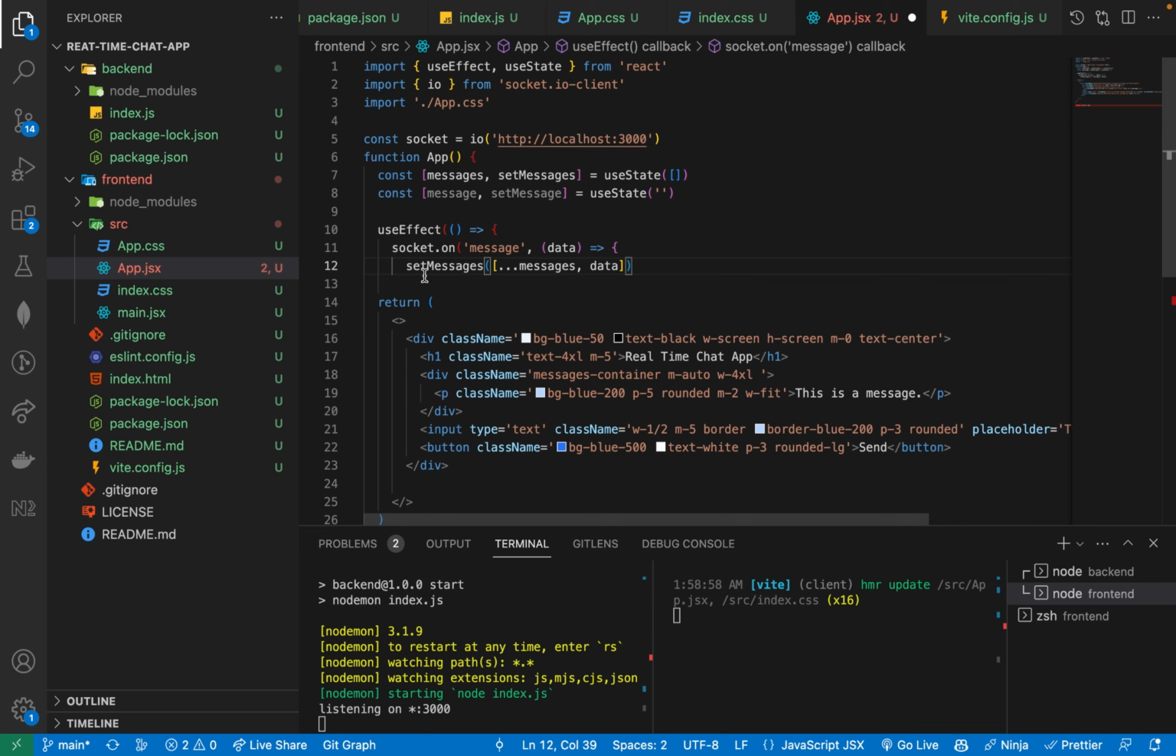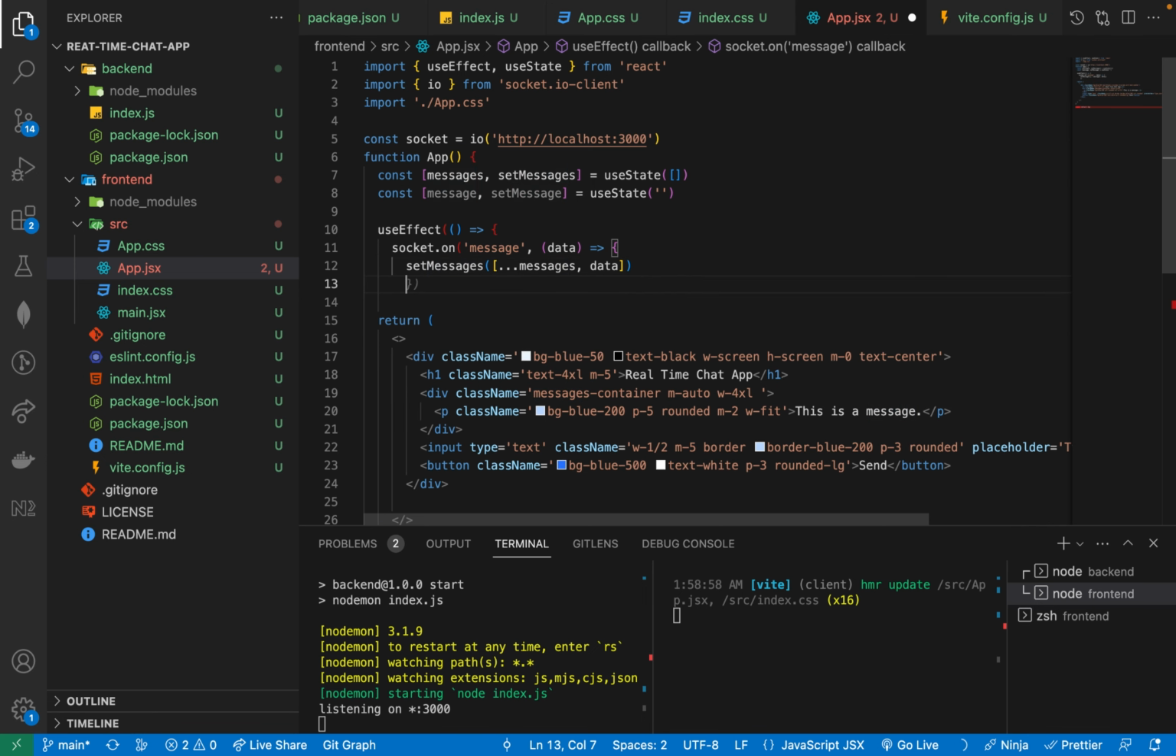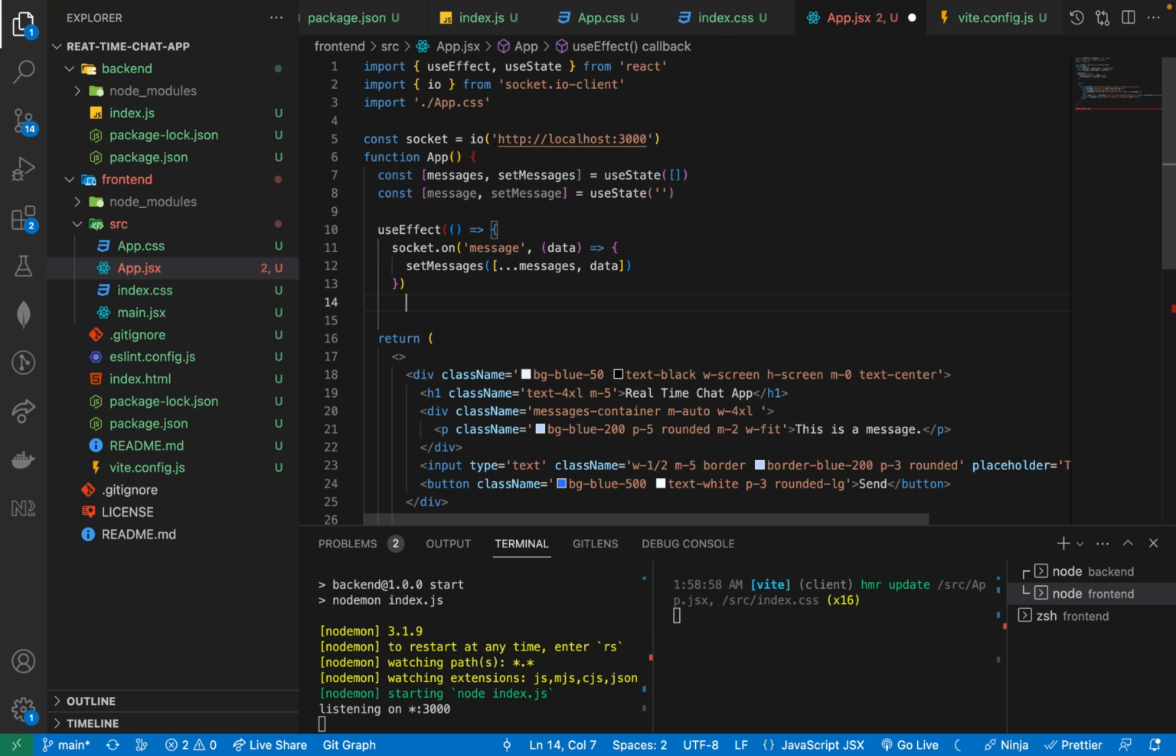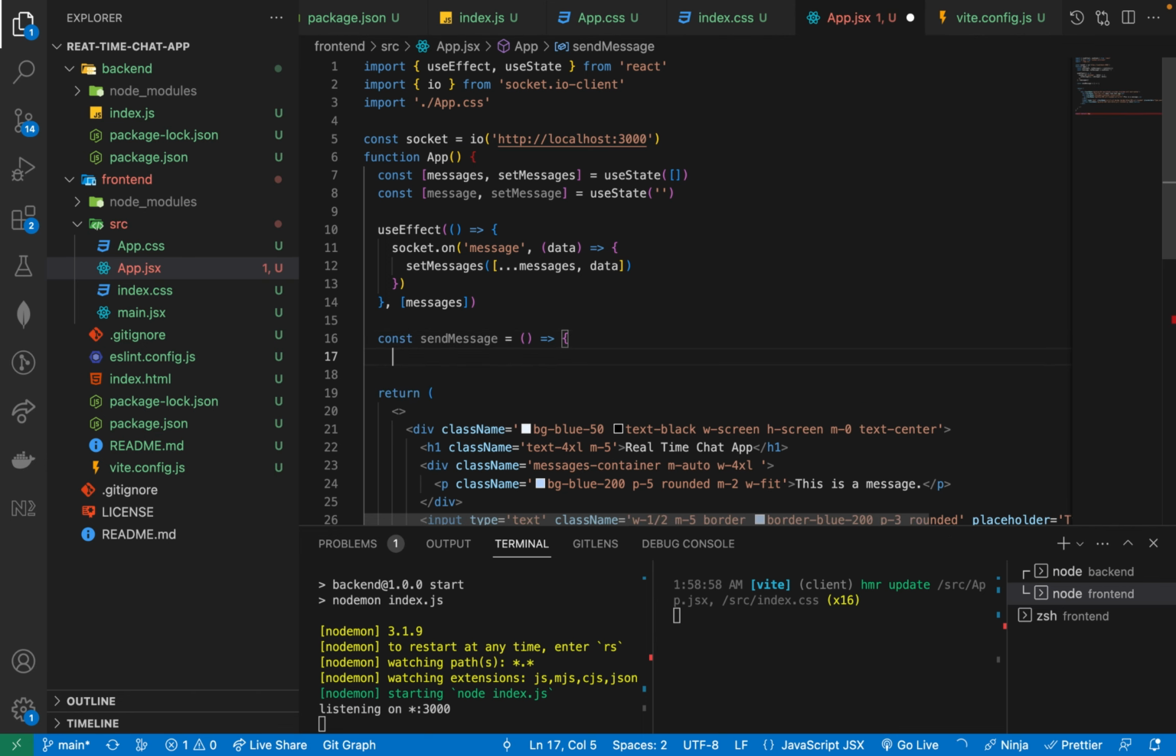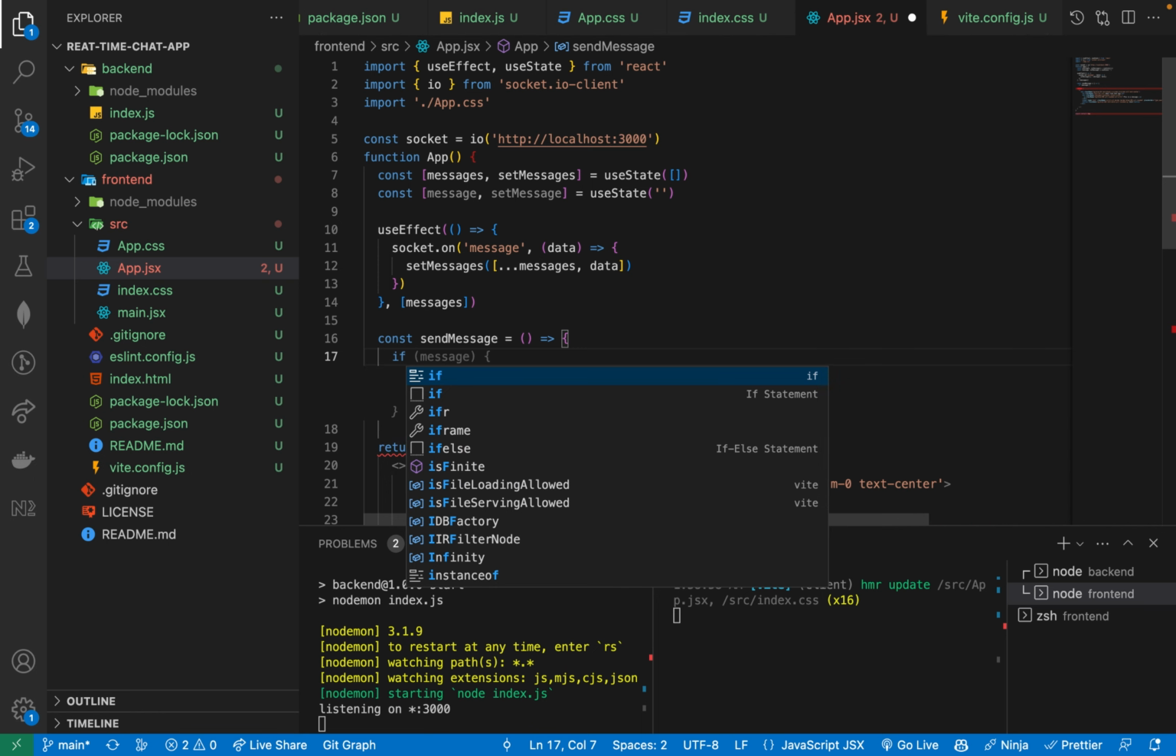So what we are going to do here is receive an event. Once the event called message is triggered, we are going to set messages to the previous messages and the currently received message as well. And we are just going to complete our socket.on function over here, and then complete our useEffect, and below it we are going to create a send message function, which is going to send our message over to